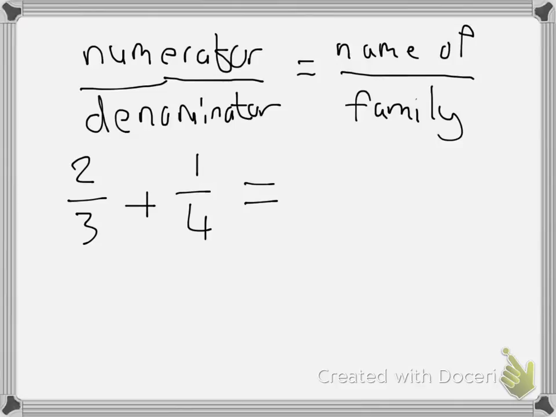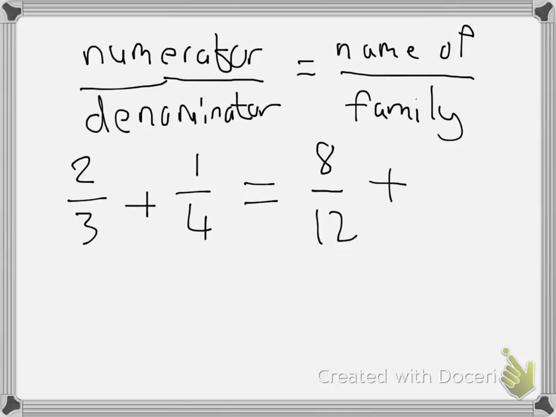Well, if we change their family names into the same amount, then we can add them together. So what do we need to do to change 3 into a family name that's in common with 4? Well, if we times 3 by 4, we would get 12. But then if we change the 3 to the 12, then we have to do the same to the top, otherwise we won't preserve the original fraction. So 3 times 4 is 12, 2 times 4 is 8. So 8 over 12 is the same as 2/3, but now it has the potential to be added to the